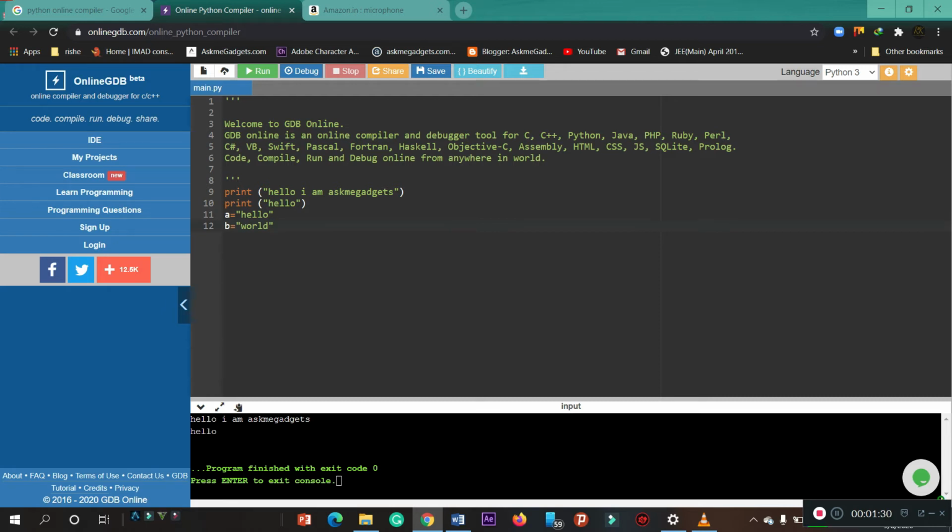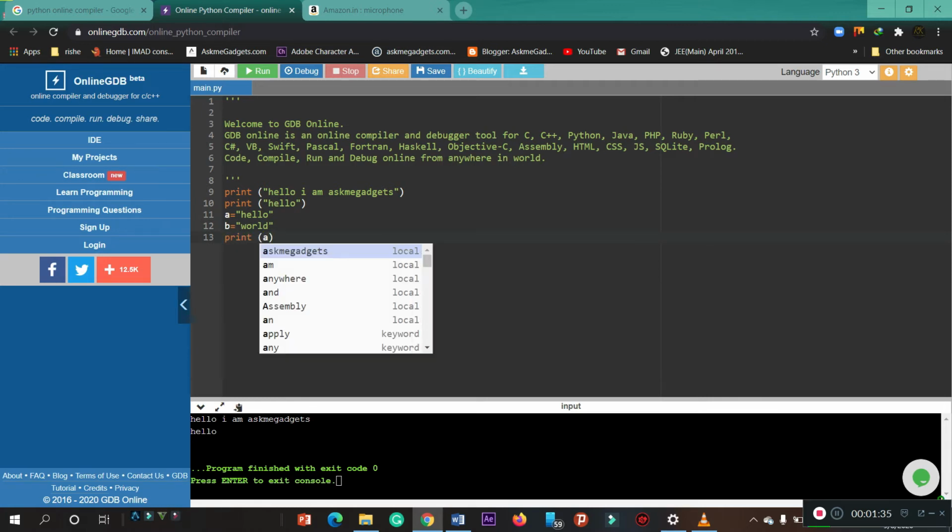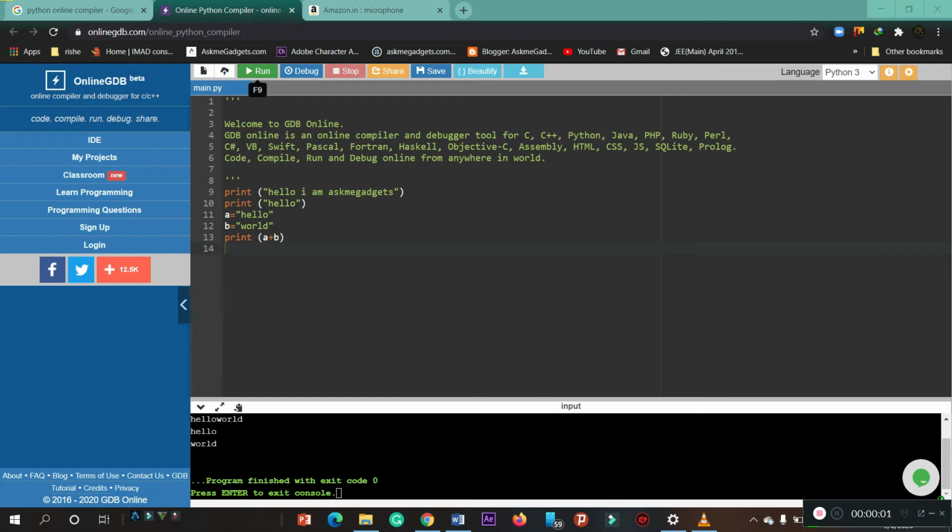Now let's print it. I don't give double quotes here because it's a variable. See here. Now let's run the print A plus B. See here guys, it prints hello world. It adds both the variables, and the main thing is it automatically detects what kind of variable it is, whether a character, integer or a decimal one, and it adds the two variables and prints hello world. There are many options available in Python. Python is mainly used in various places because it is easy to use and it's known for its automation.